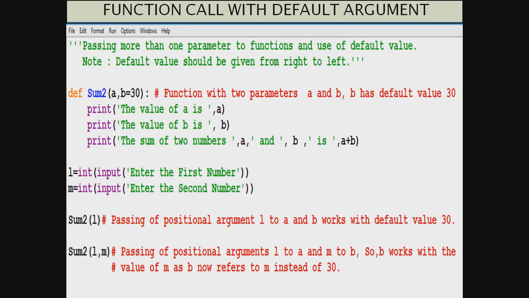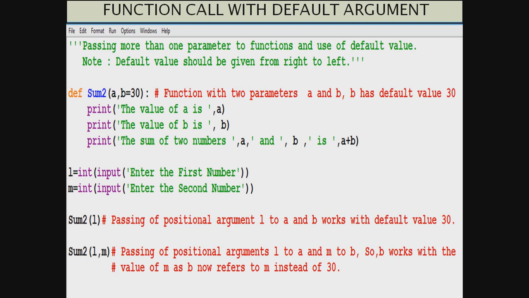L is going to give the value to a, and what would b get? In this case, b is going to work with its value 30 and do the work for us. So students, if you have a default value which has been defined while defining the function for a parameter, then while calling the function, if we don't send any value to it, it works with its default value.